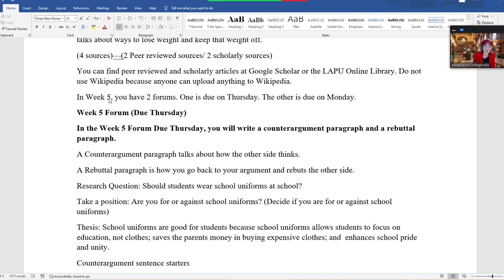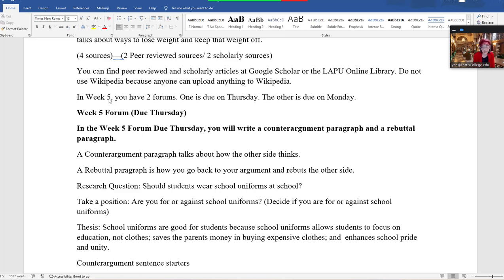So in this forum, don't worry about where you're going to put it in your essay. All you have to do is just take a position, then write your counter argument and rebuttal paragraphs. So you have to decide, are you for or against this topic? And then after that, you write your counter argument and rebuttal paragraphs based on whether you're for or against